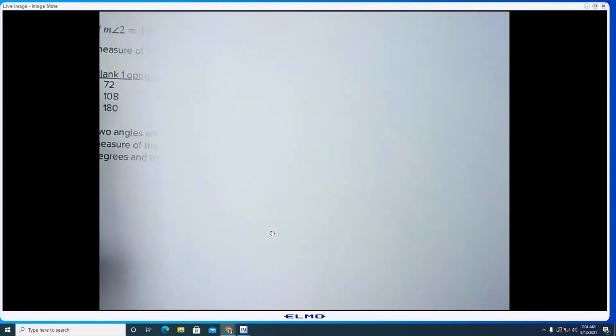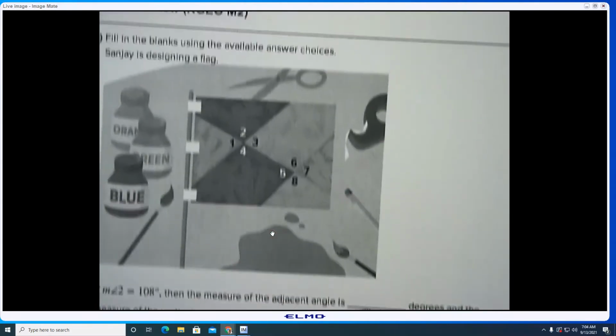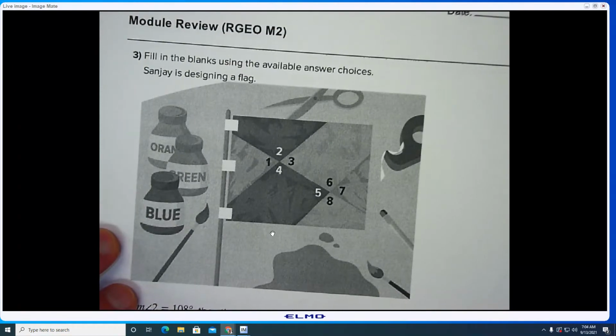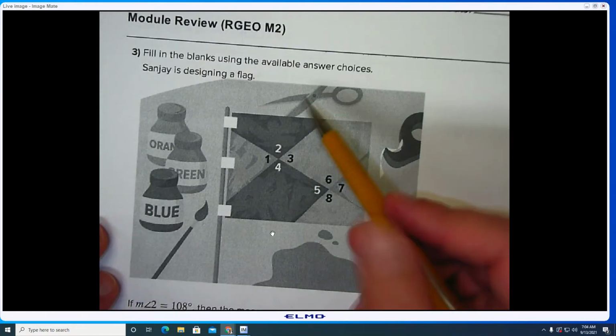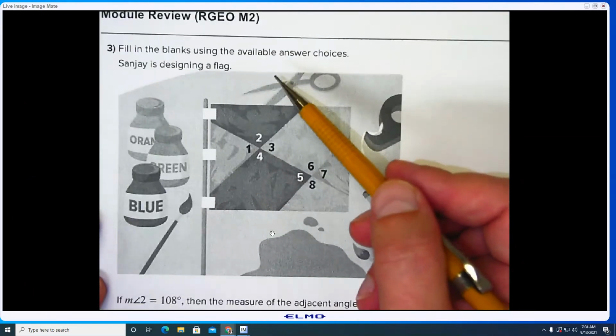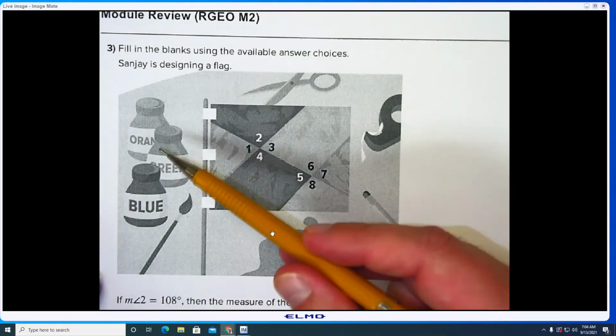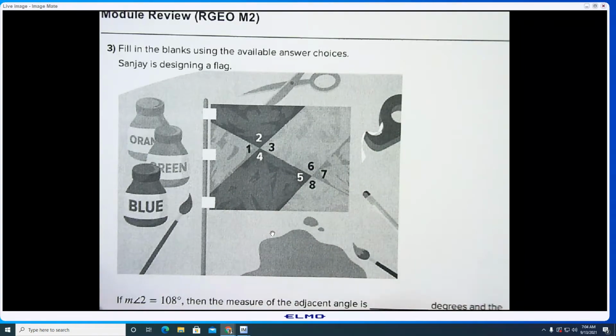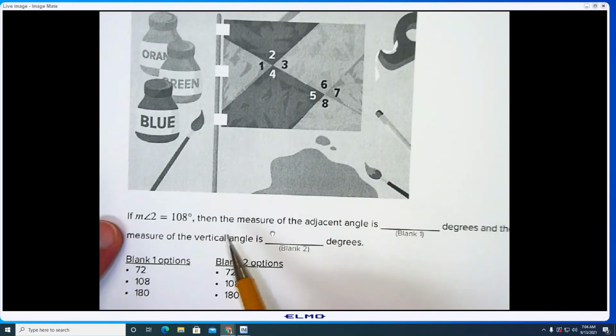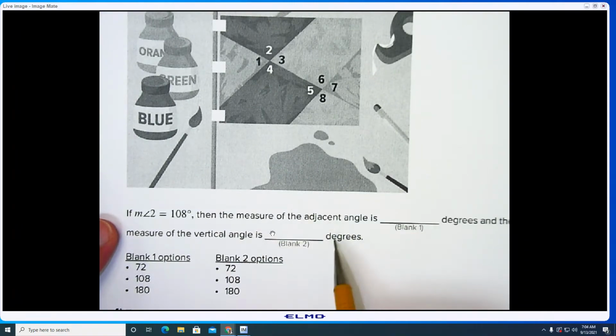Number 3. Fill in the blanks using the available answer choices. Sanjay is designing a flag. So we have a flag here. Looks like we have some colors. If the measure of angle 2 is 108, then the adjacent angles